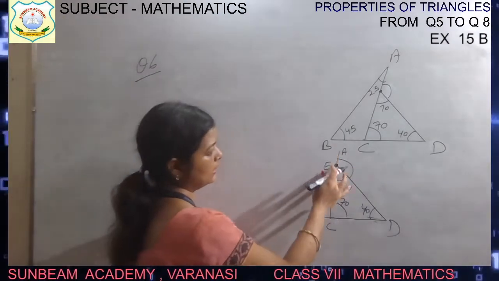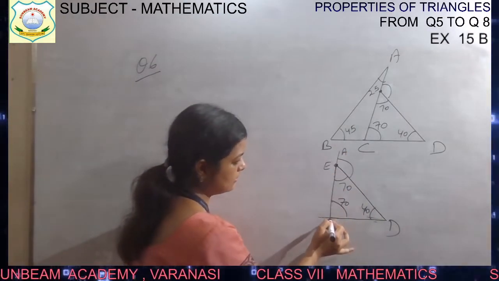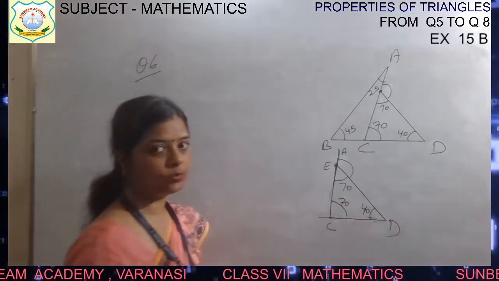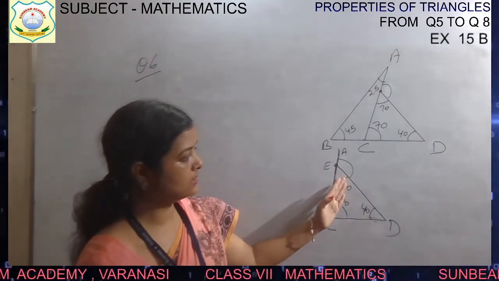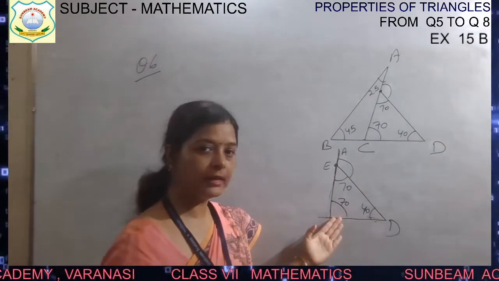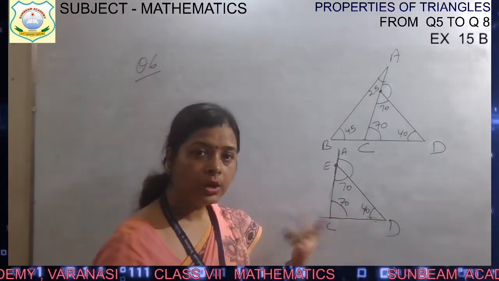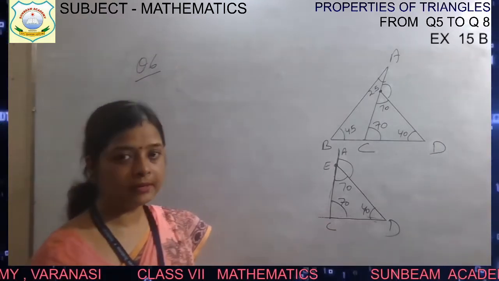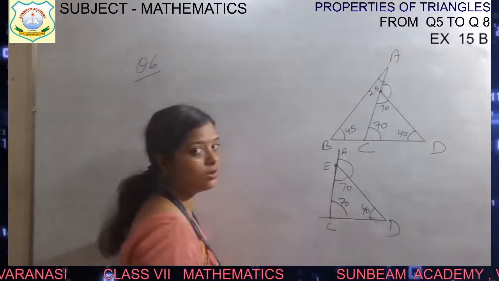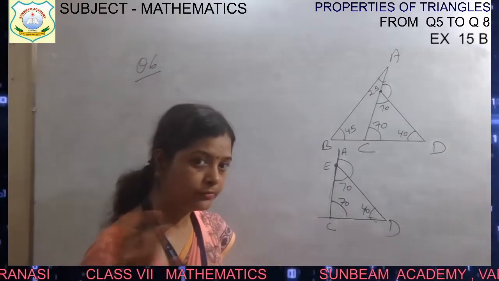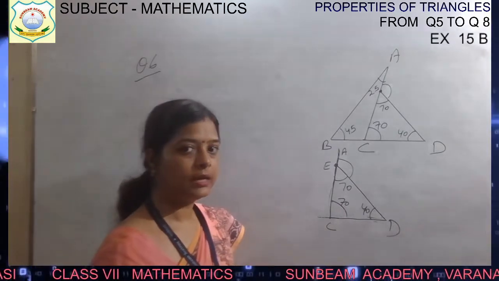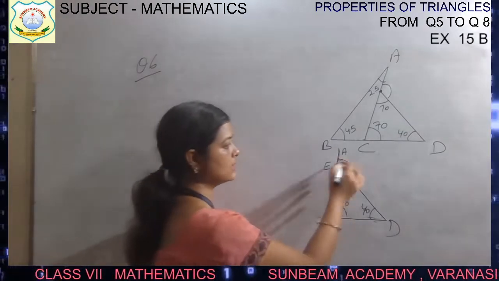So AED, this is a straight line, children. Can you see this? This is a straight line. And in a straight line, two angles are drawn. One is exterior and one is interior for this triangle. So either use the exterior angle property or you can use the linear pair. Linear pair, beta, the sum of two angles drawn on a straight line on one part of the side. एक ही तरफ line के on one side the angles are drawn. Okay. So this is equal to 180 degree.